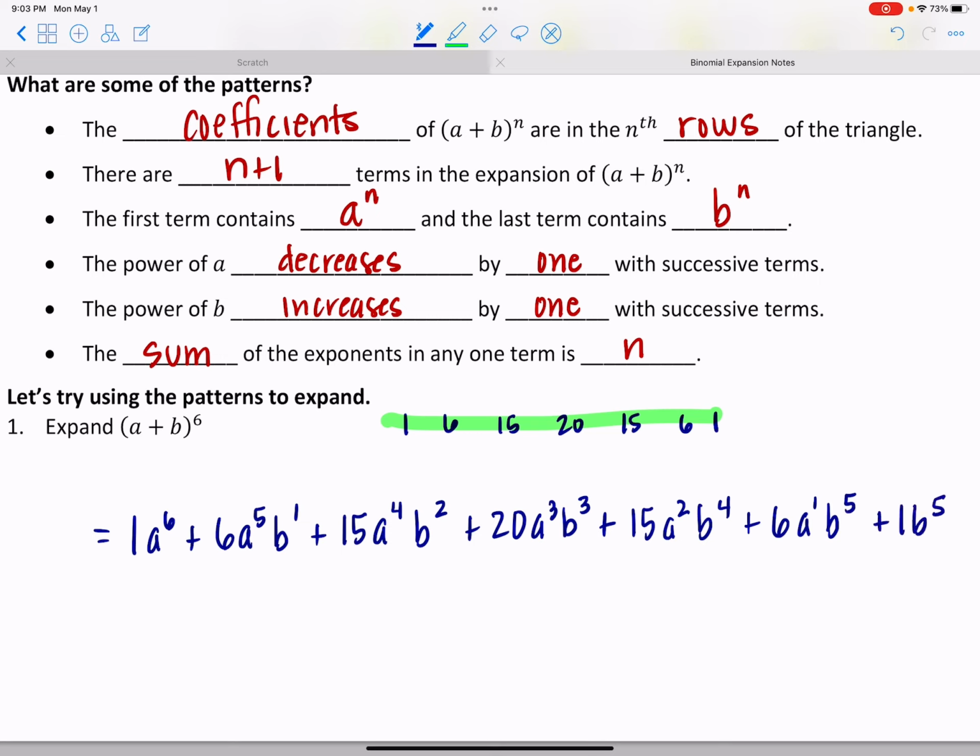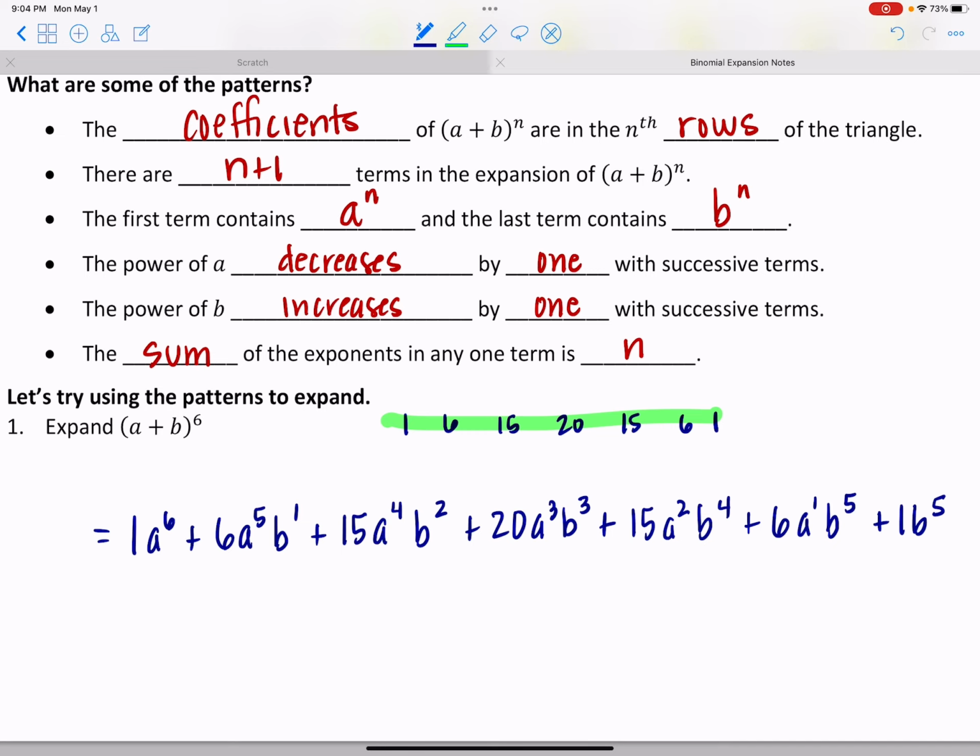And we've done it. We have expanded a plus b to the 6th power without actually having to do any multiplication. Okay, so there's an expansion of a plus b to the 6th. And this will work for whatever power. Obviously, they get a little bit lengthy. But if we can find our coefficients in the triangle,